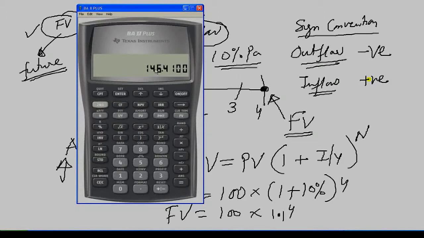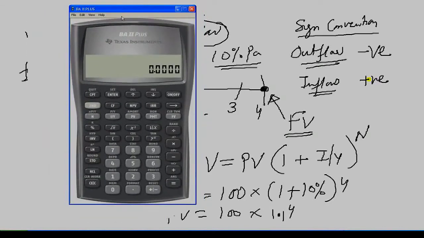In the examination, I would say that you set your calculator to 4 decimal places. That is the best. In the examination, since multiple choice questions will come, you don't have to worry. The institute prefers that for some problems you can have 2 decimal places, and for some problems you can have 4 decimal places. So this is the answer using this way. Now I want to solve this problem using the time value of money function in the calculator. So what I can say is, the present value I have is 100, right?